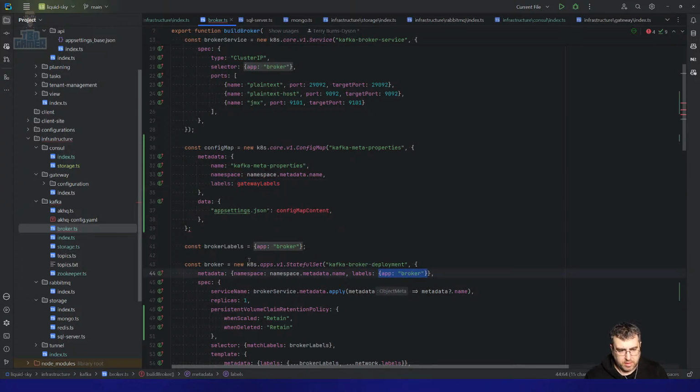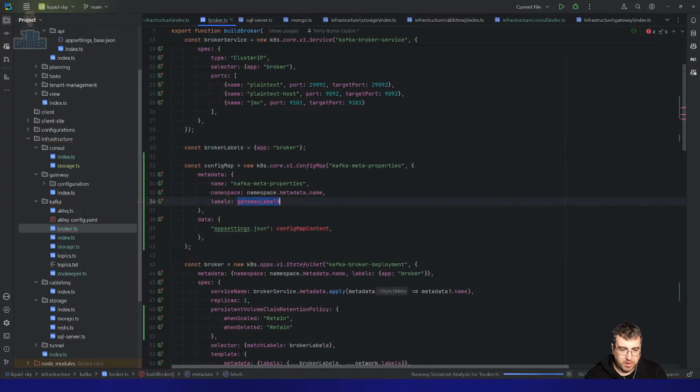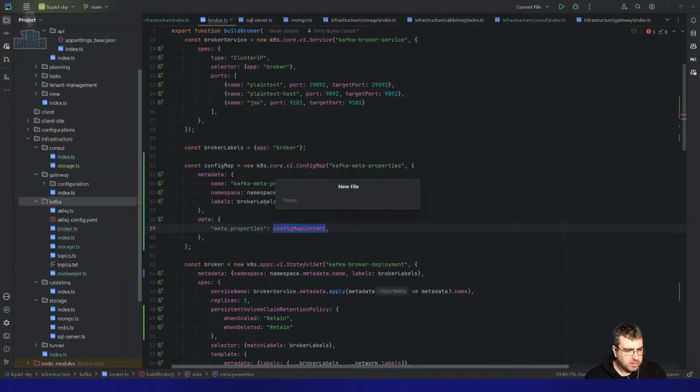that's going to be wrong. That needs to change. But because I only have one broker, that's not a problem. It will be a problem later. Yeah, there we go. And then this is going to be meta properties. Am I remembering that file correctly? Yeah, meta.properties. And that's going to come from broker